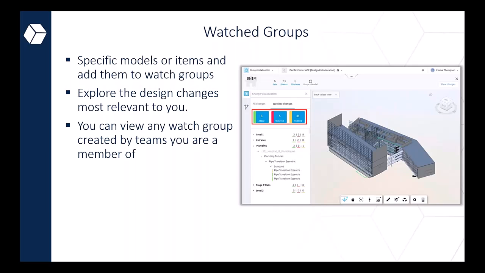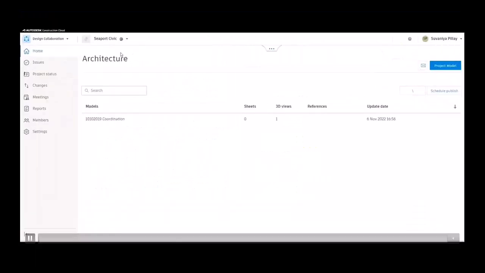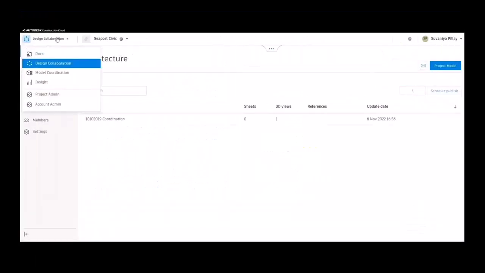So when there are changes to these models or items, you can easily track these, and team members can easily navigate to these watch groups to quickly and easily explore and understand the changes that are most relevant to them. Okay. Just to give you a little bit of an idea of how the watch groups work,